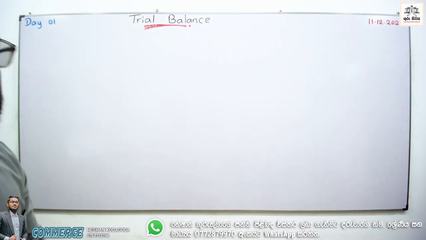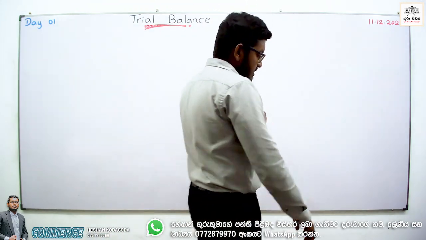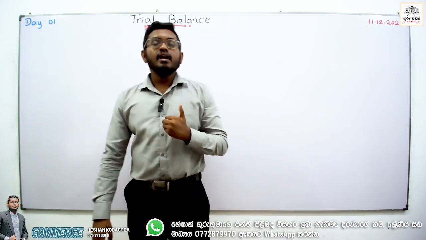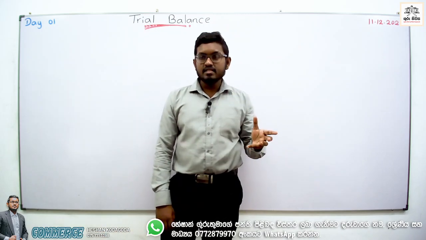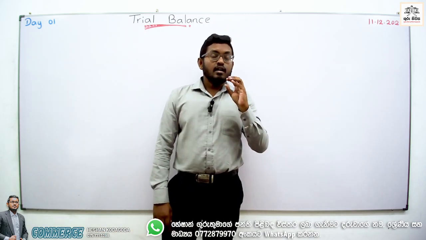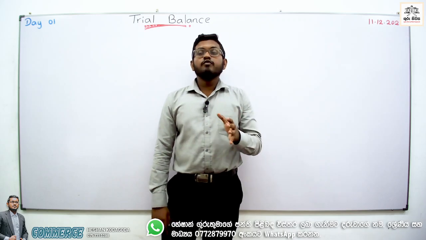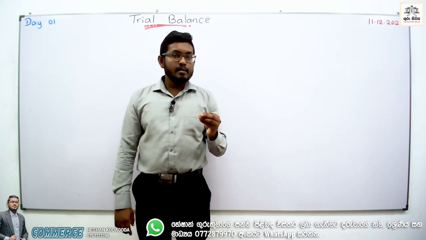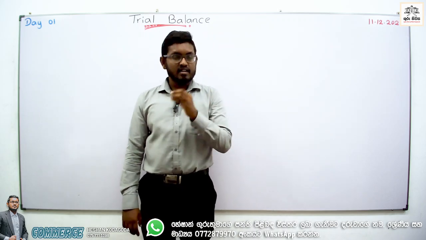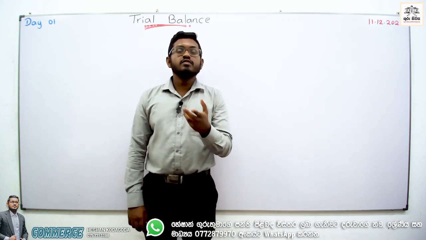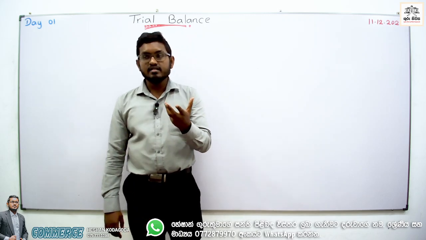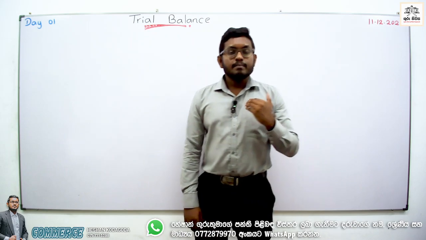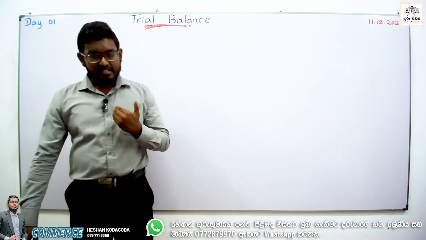Okay? So always the cash book and petty cash book balances are brought forward on the debit side. But the bank account balance brought forward can be either debit or credit. Why? If it is debit, it's a favorable balance. If credit, it's an unfavorable balance, which means a bank overdraft.